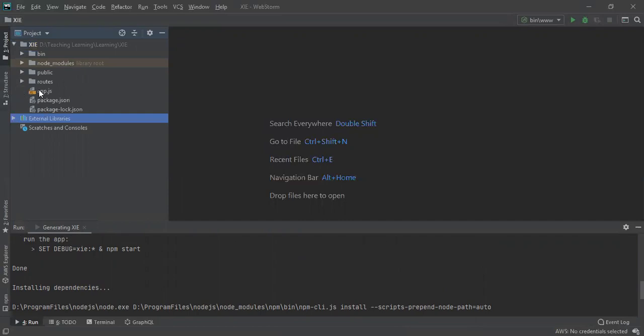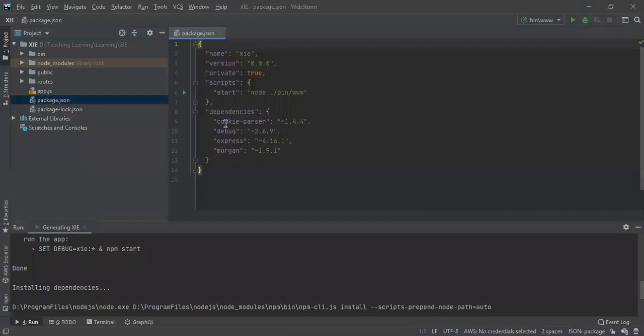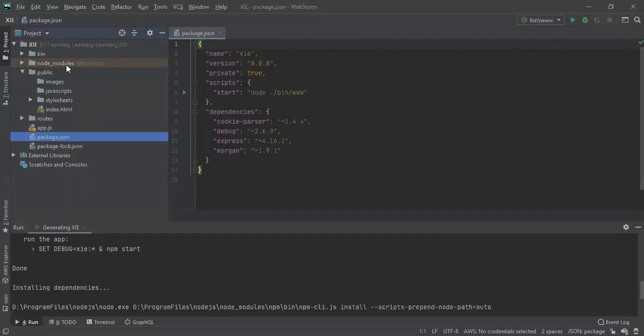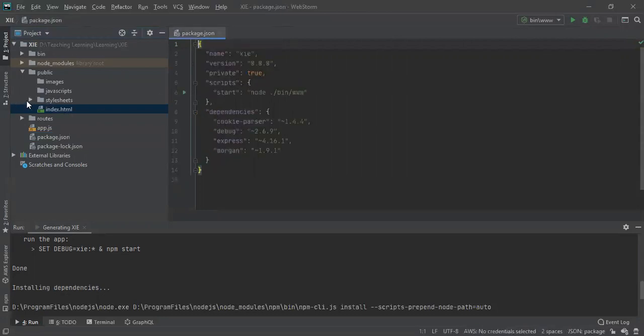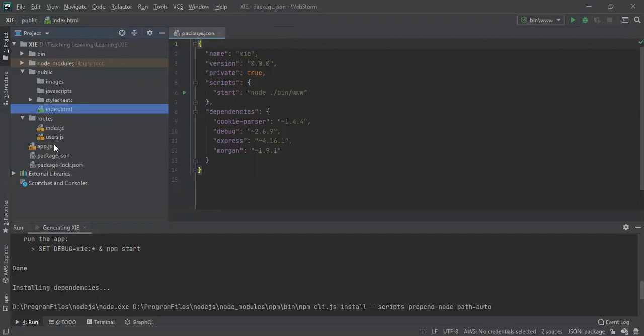So here we can see in package.json there is Express, cookie parser, and other libraries which are already installed. There is a public folder in which we have index.html. So we are going to create all the views over here, and their corresponding routes will be stored in this routes folder.